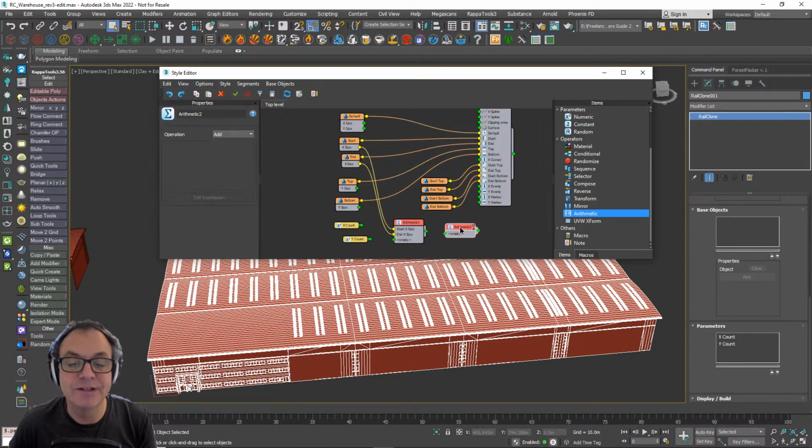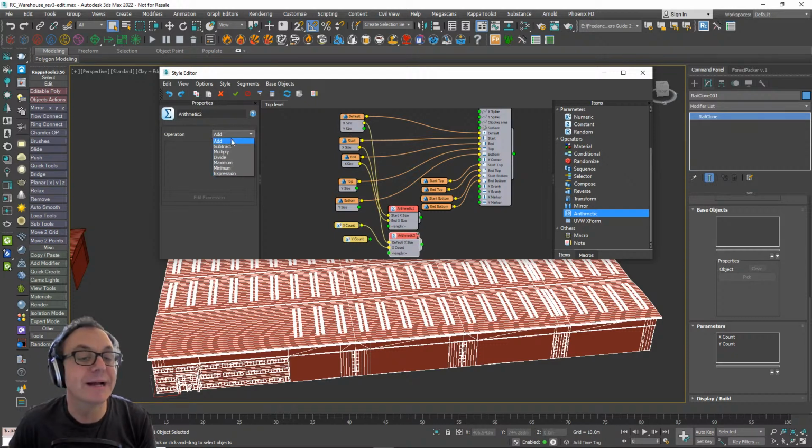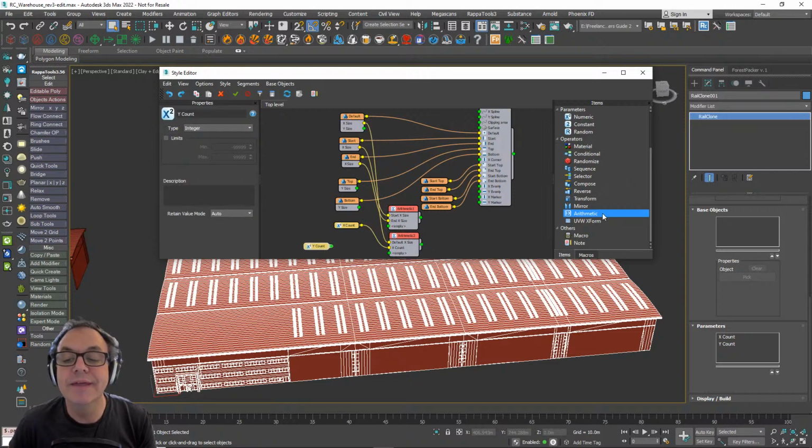So I'll take a second arithmetic node, take this x size and this count value, and this time change the operation. Instead of add, I want it to be multiply, like so. And then I want to add those two things together, like so.